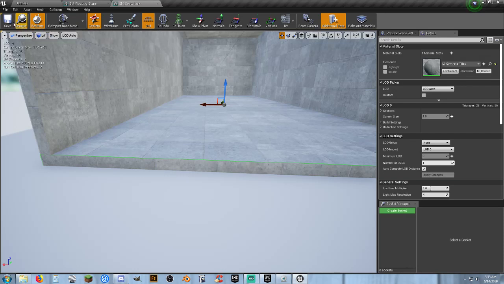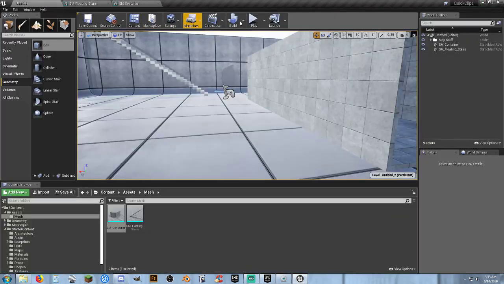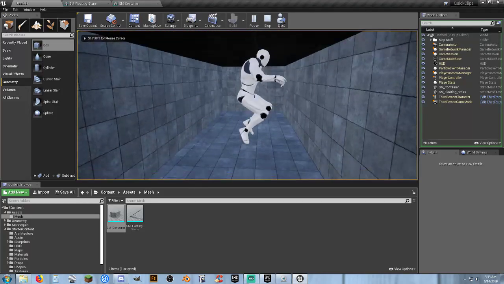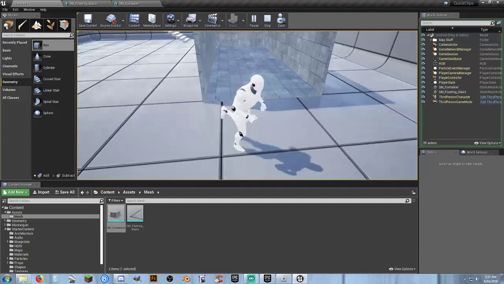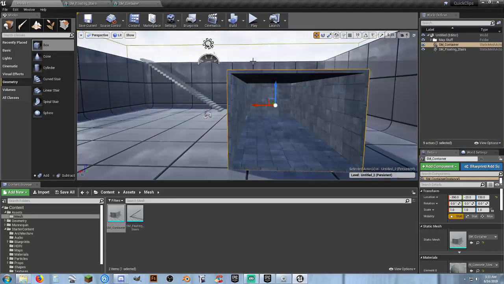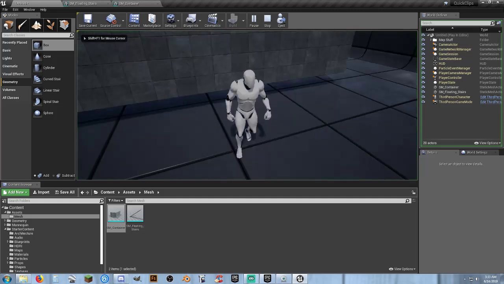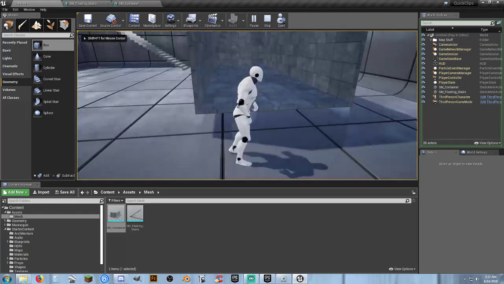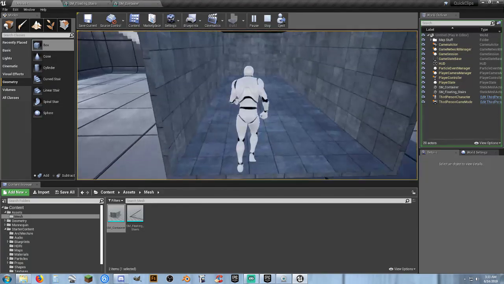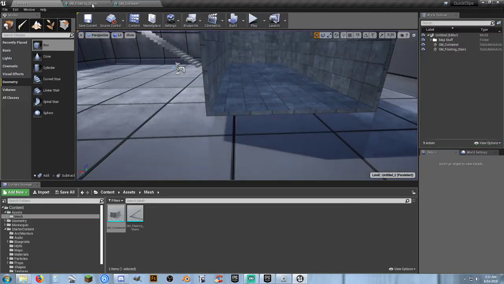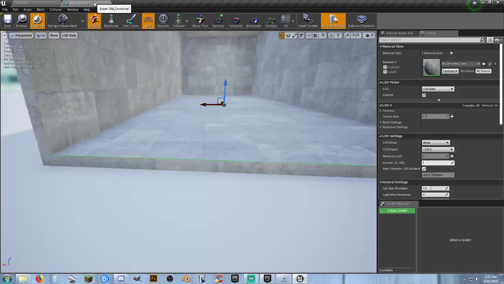There we go. And I'm going to do a quick save so we can take a look at it now. We've made the changes. We haven't done the side, but we have made the top. So if I grab our unit here and raise it up, hit play, we have a collision. We have a collision on the roof, and we have a collision on the floor. So now all we have to do is just go back in here and close it, and